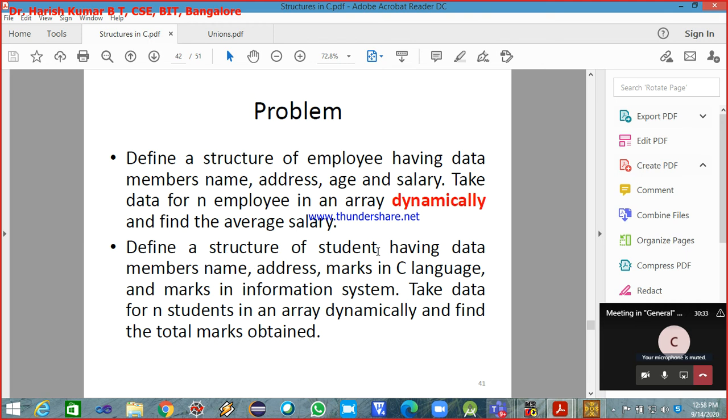Define a structure for student, one for the employee, another one for the student, having data like name, address, marks in C language and marks in information system. Two marks you have to read, one for the C language, another for the information system. Take data of n students in an array dynamically and find the total marks obtained: the sum of the marks obtained in C language and the sum of the marks obtained in the information system.